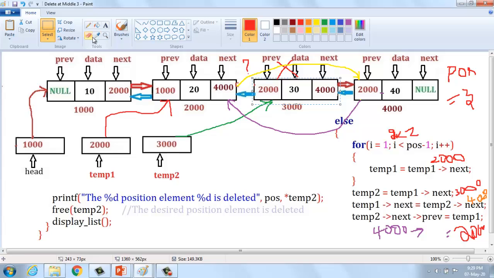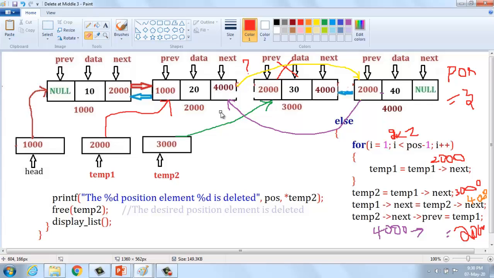There is no link from here, because this does not point to that location, and here also it does not point to any location because we have already created the links. So the next field of 4000 points to the last node, and 2000 points to this node, going to point to the second node of the given linked list.